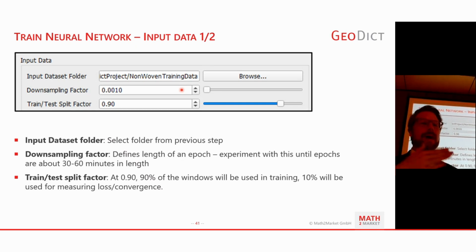Now, of course, doing a whole pass over that data might take too long. If you want feedback on how your network is converging, you might not want to wait until it has done a pass over the whole data. So this downsampling factor defines what fraction of your whole data you are using in each epoch. So this defines the length of an epoch. Within each epoch, you get basically a snapshot of the neural network that you can use later, a GNN file which contains the trained neural network. And you also get the evaluation of the convergence. So you get one data point on your convergence graph. So you might want to choose that in a range, and you have to just try it out.